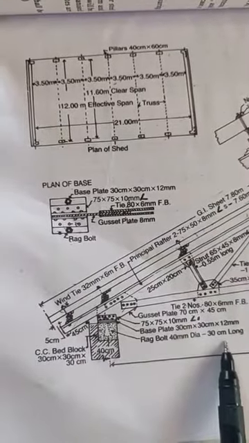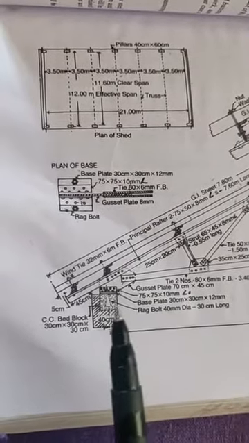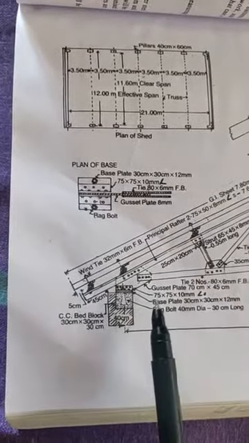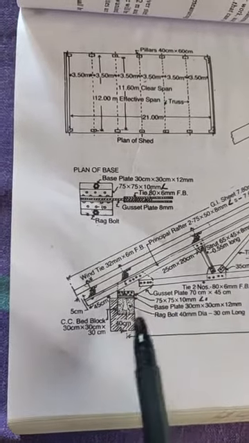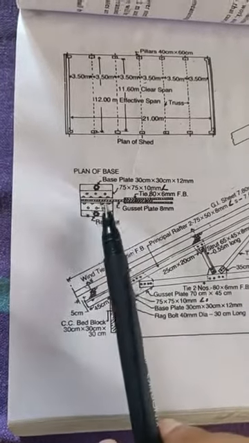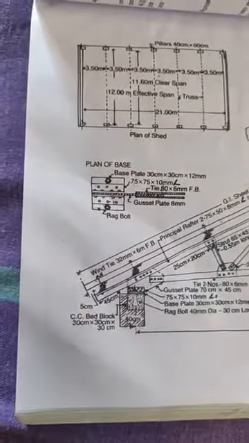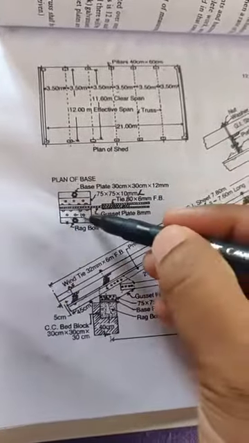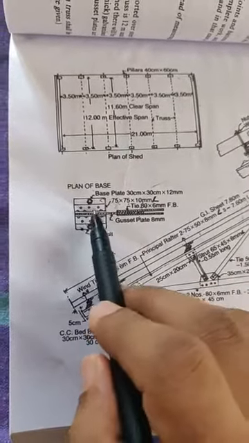So see here, it is 30 centimeter long to hold the base plate firmly into the masonry, and followed by that we have two angles here. Those angles are 75 by 75 by 10. Now the purpose of these angles is to hold the gusset plate. I will not go more into steel structures, assuming that you have already undergone that subject. So these are the cleat angles of size 75 by 75 by 10, which are used to hold the gusset plate and support the tie members.